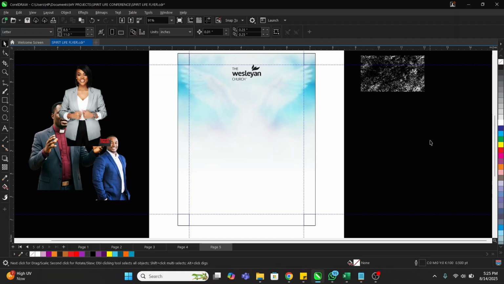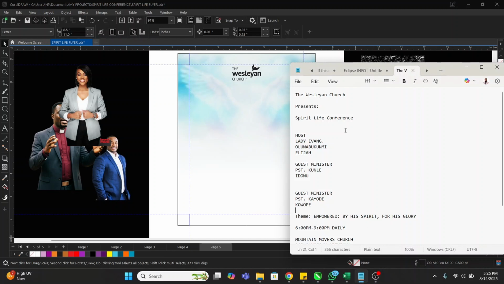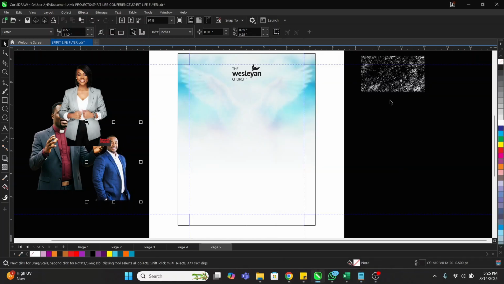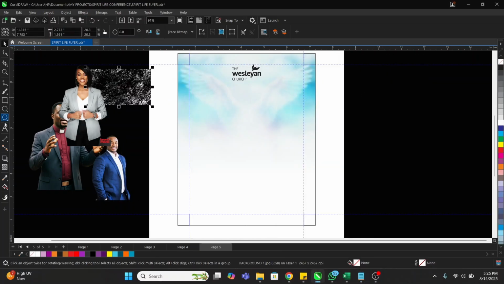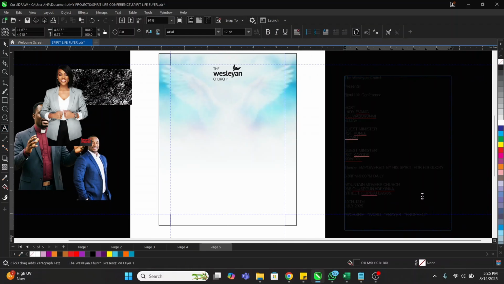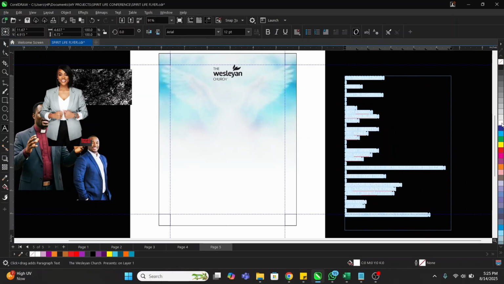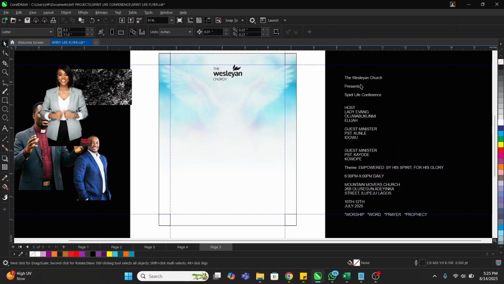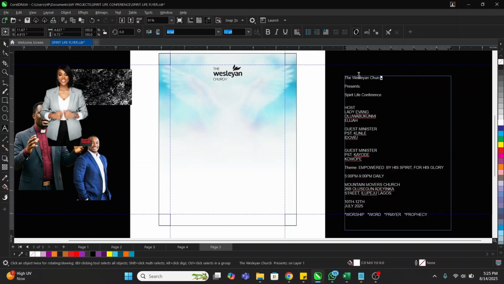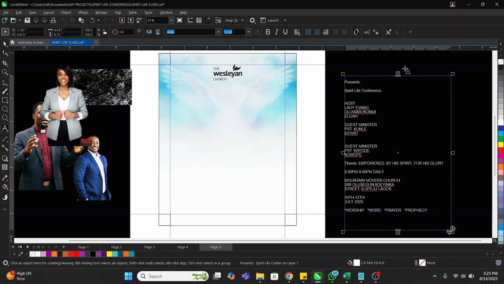So the next thing that I'm going to do is that I need to start bringing in other text. So I will copy all of them like this. Let me bring this here. And then I will take my text too, and then I will draw like this, and then paste everything that I've copied. Let me give it white so that we can all be seeing it. So this is already in the logo. I don't need to repeat the name since it is already inside the logo, right? Then I will now copy this, present,